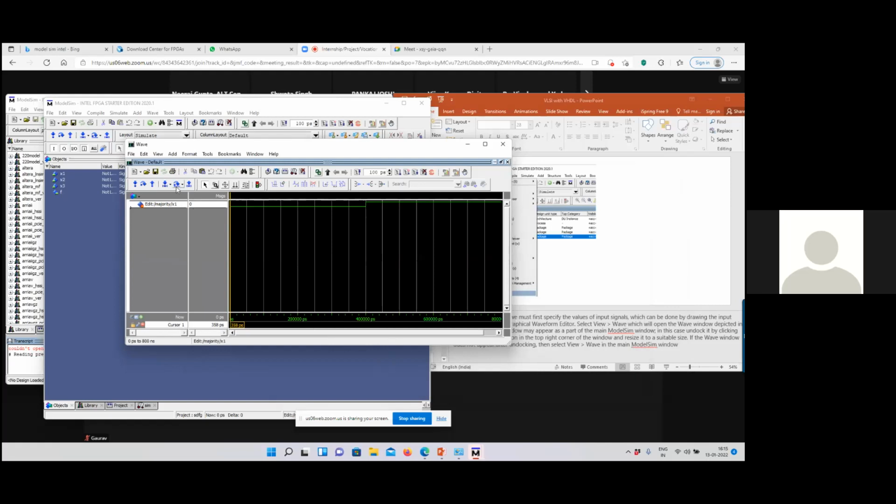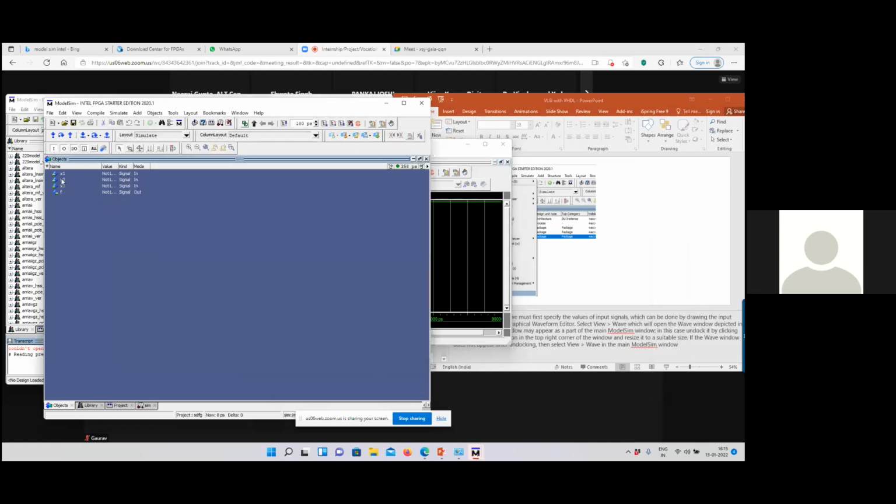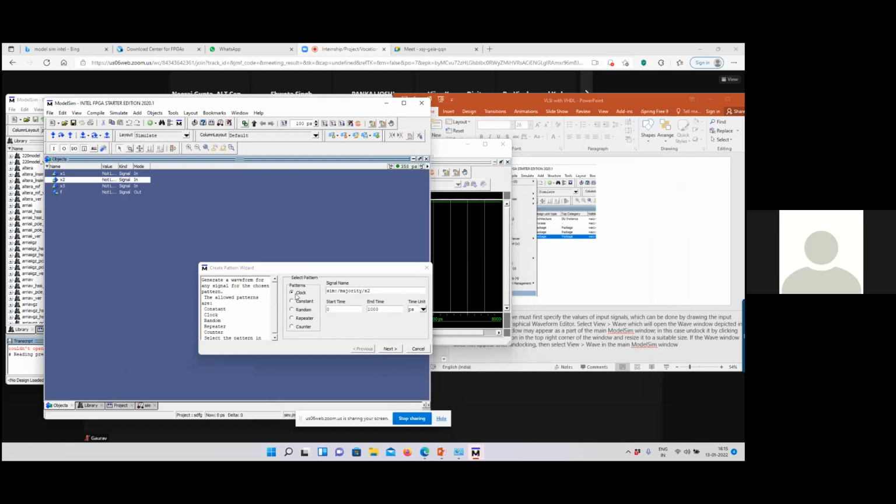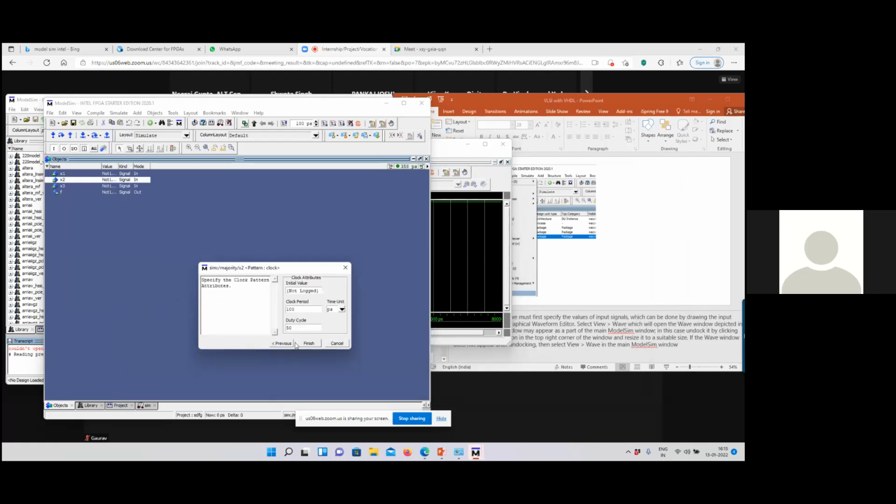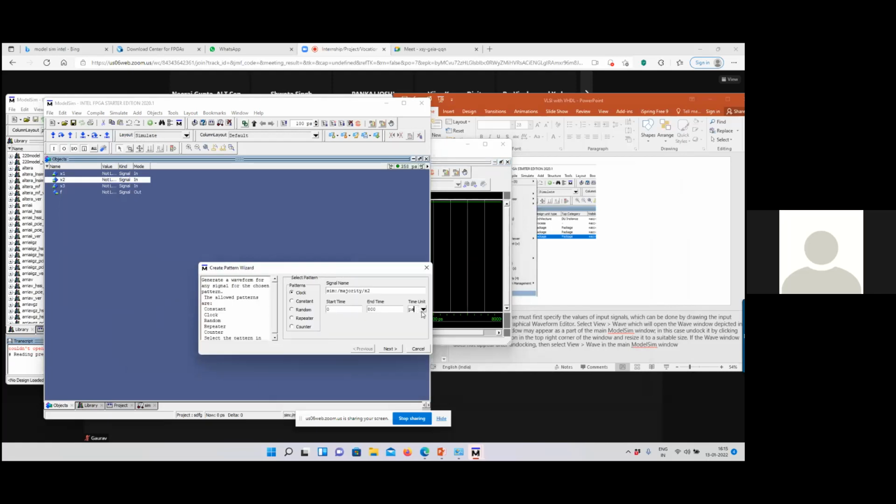Similarly, go for X2, right click, modify, apply wave. This time I select clock, 0 to 800. Next, sorry, previous 800 nanoseconds.